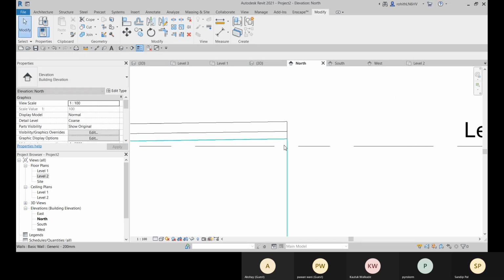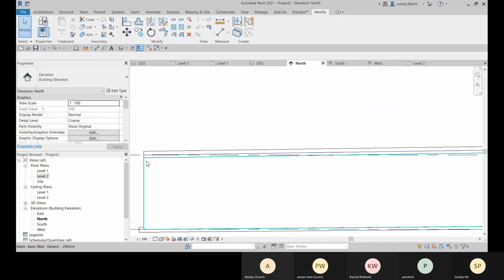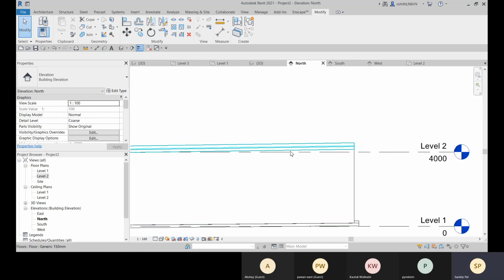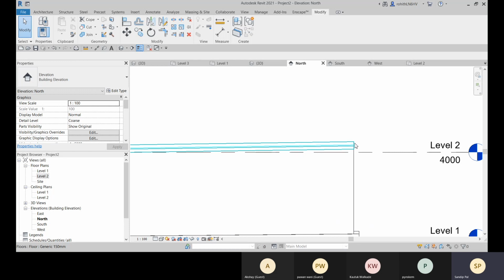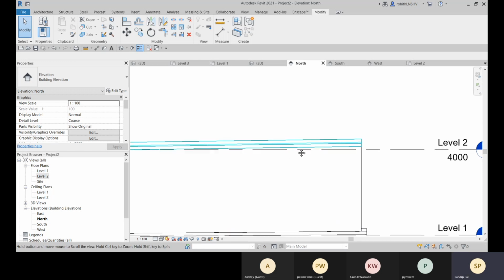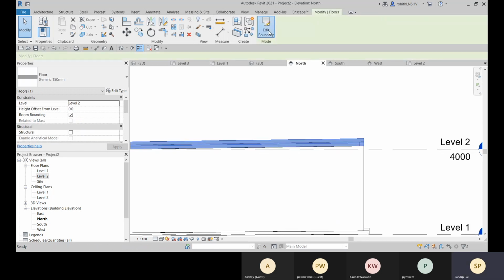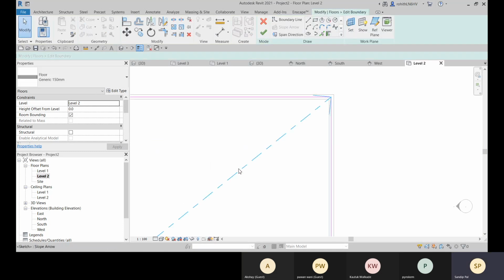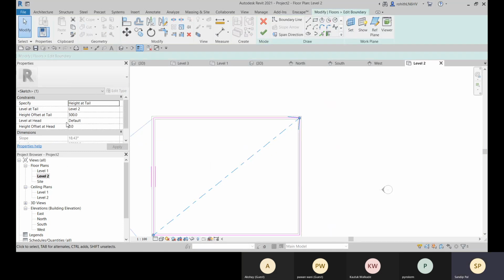Okay, so the tail is positioned at level 2, and from that level 2 we are applying that height, and accordingly we are getting that slope. Let me go to level 2 again, and we can apply the slope also. Okay, here we can apply some slope. Let's go with this default, and let me show you.